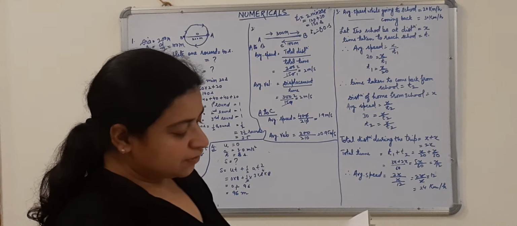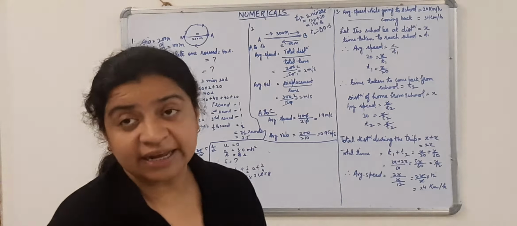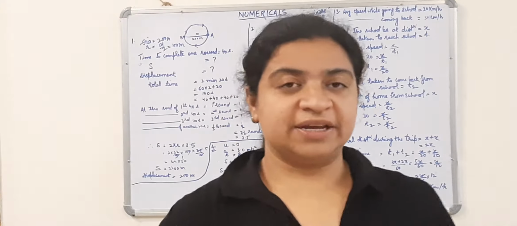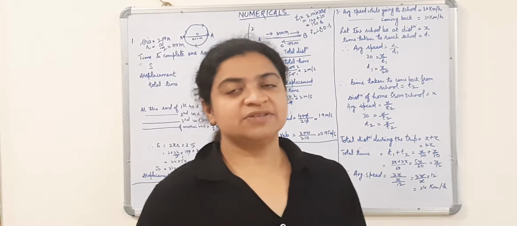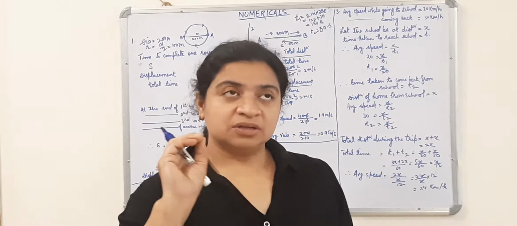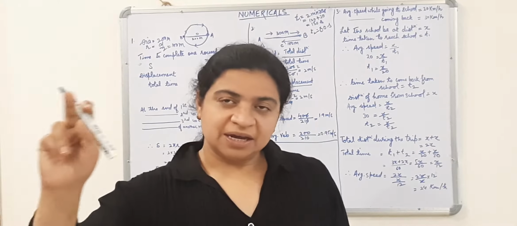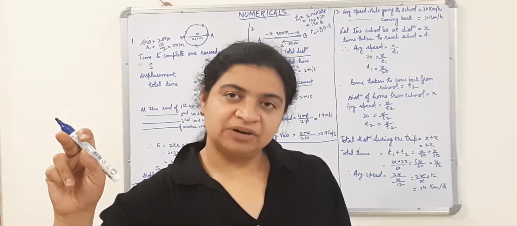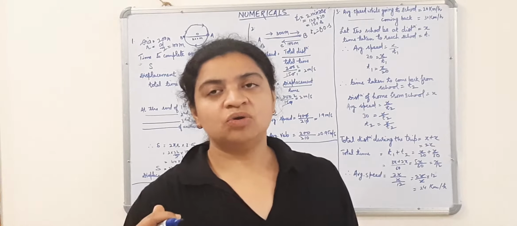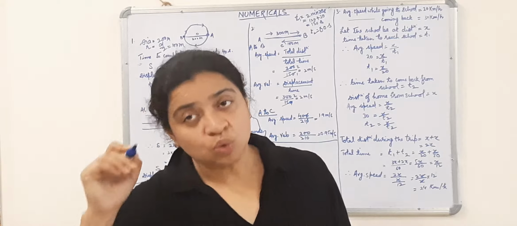What are Joseph's average speed and velocity in jogging from A to B and A to C? Children, in this case, we have to find out 4 things. The first thing is, we have to find out average speed when Joseph jogs from A to B, as well as average velocity also. Similarly, we have to find out Joseph's average speed and velocity in moving from A to C.